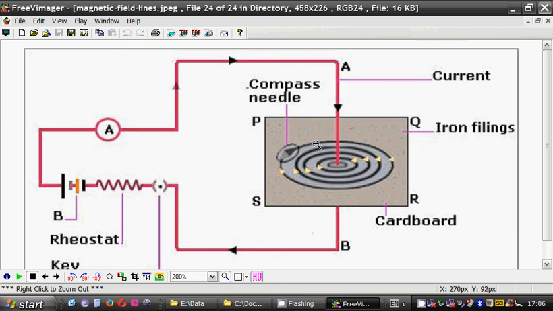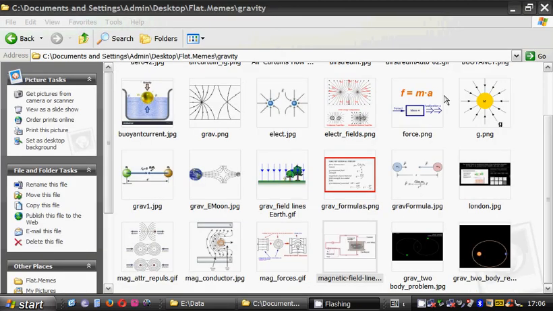Okay, so this should be the case with gravity too, but when you put filings or dust or anything, it doesn't reorient itself to the gravity field, so it can't, because there is no gravity. Okay, there are many other examples for debunking gravity, but these are the main ones which I tried to explain.